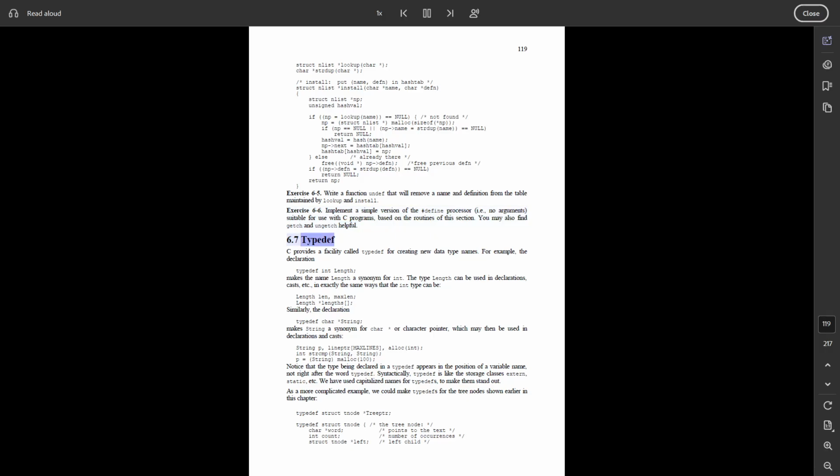6.7 Typedef. C provides a facility called typedef for creating new data type names. For example, the declaration typedef int Length; makes the name Length a synonym for int. The type Length can be used in declarations, casts, etc., in exactly the same ways that the int type can be: Length len, maxlen; Length *lengths[];